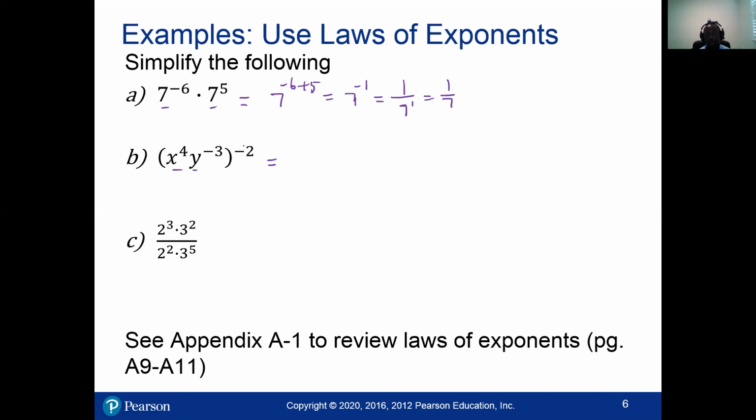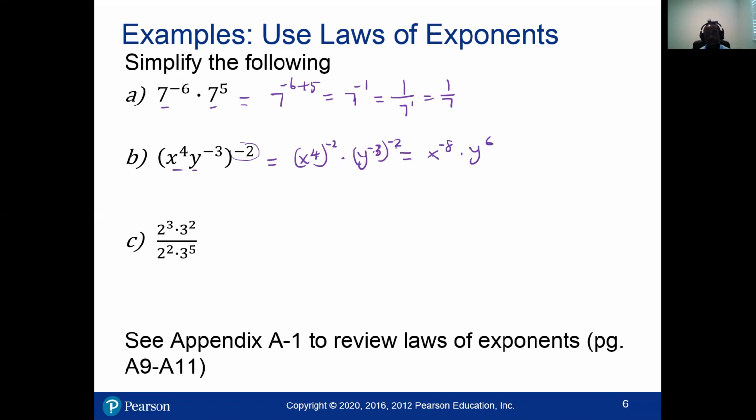But everything raised to negative what? Negative 2. So if we apply that, this will be X raised to the 4. One of the properties we have: raised to negative 2, then times Y raised to negative 3 times negative 2. So when you simplify that, this becomes X raised to 4 times negative 2, that is negative 8, times Y raised to negative 3 times negative 2, which is